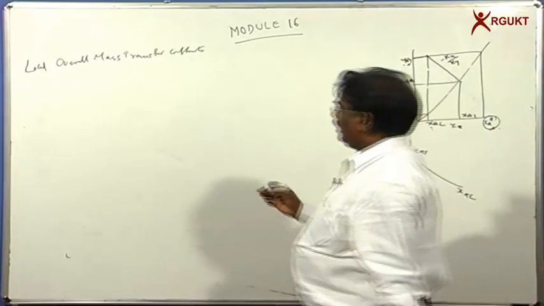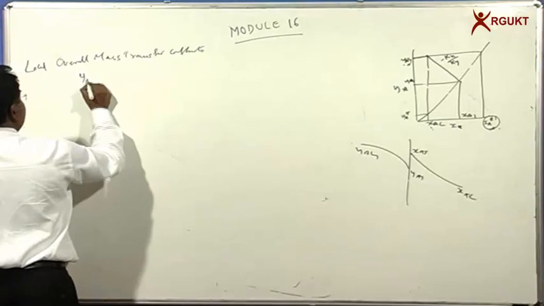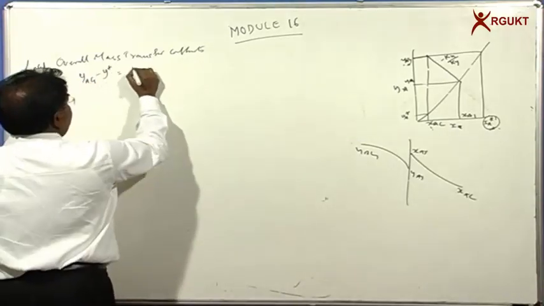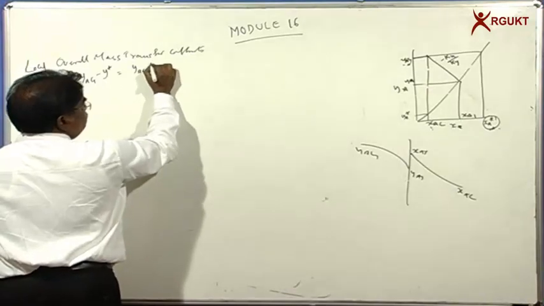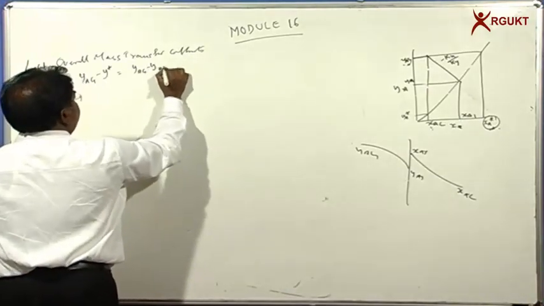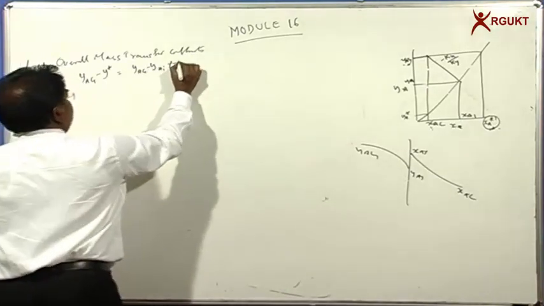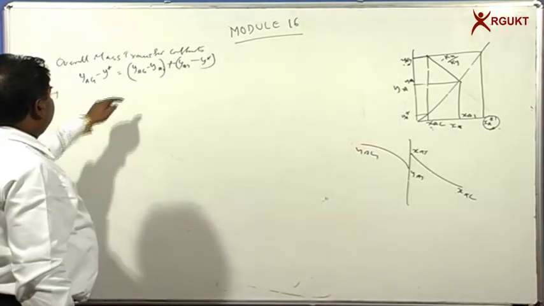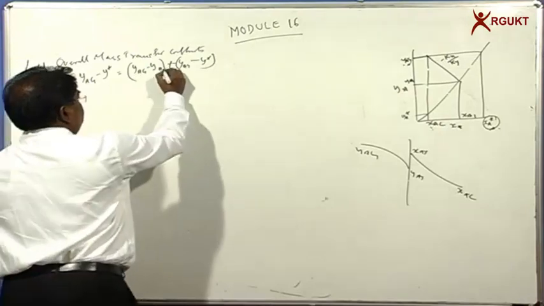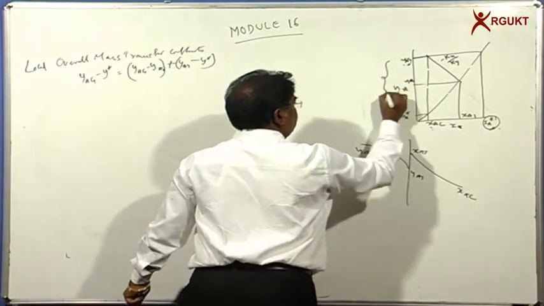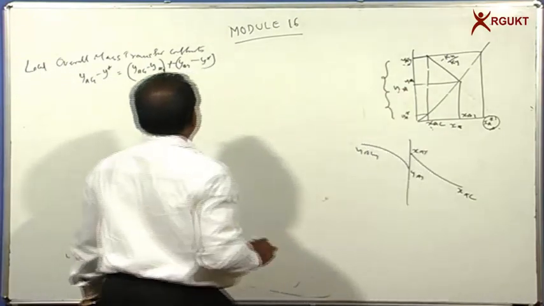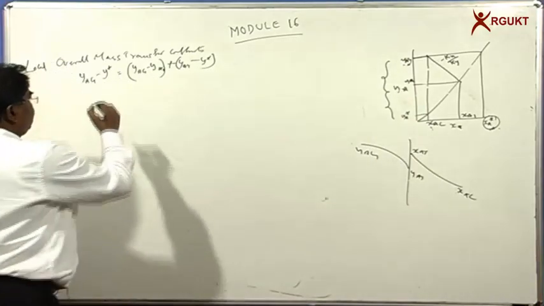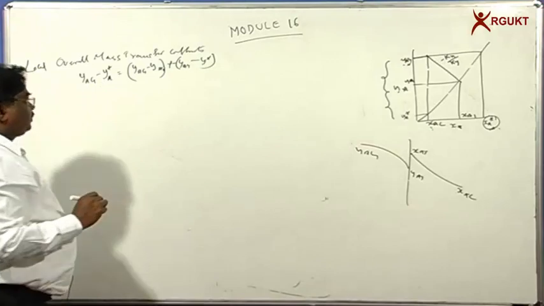So YAG minus YA star can be written as YAG minus YAI plus YAI minus YA star, where this is one term plus this is the other term. That is, YAG minus YA star is split into two terms,